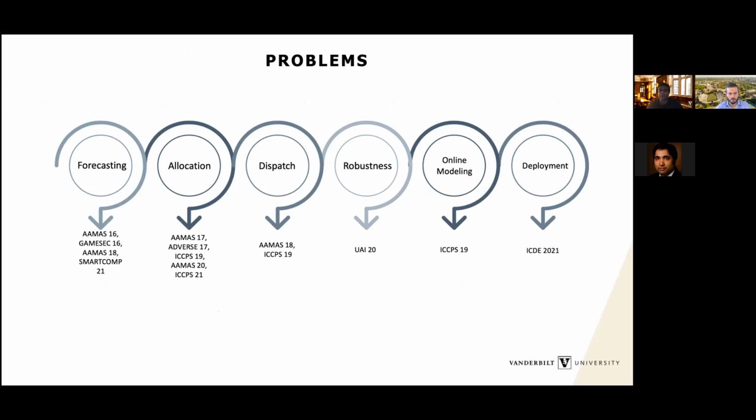We'll start with forecasting, which Syed is going to cover. After that, we'll have an invited talk about incident detection, which is not included in the pipeline, but is a very important component. And Hemant will give an invited talk about how we can use social media data to better respond to emergencies. And then finally, I'll talk about allocation, dispatch,